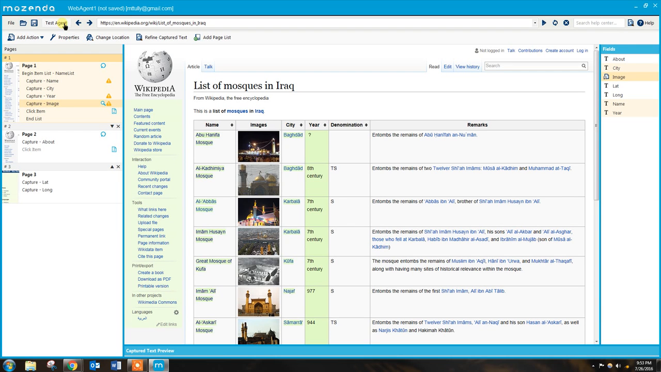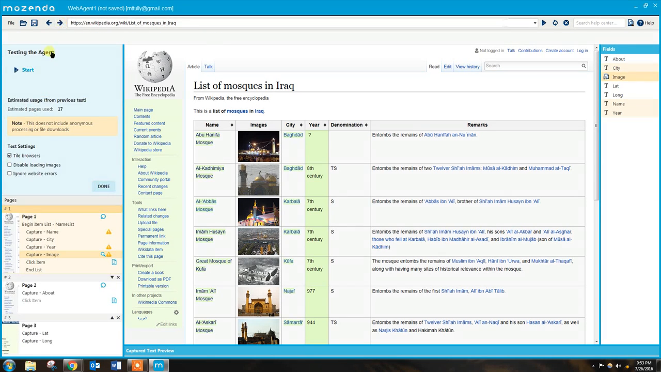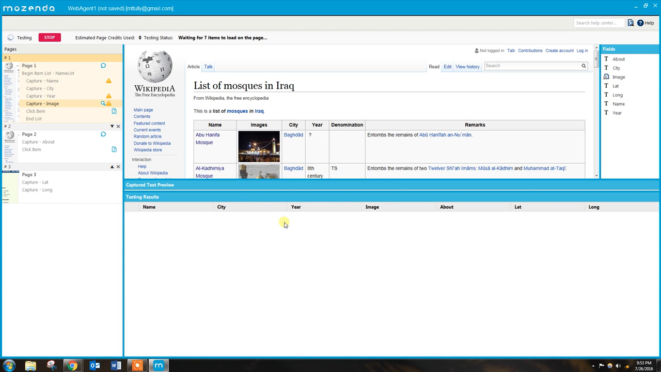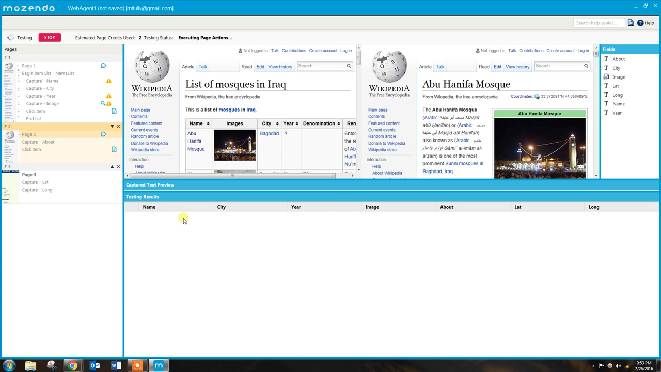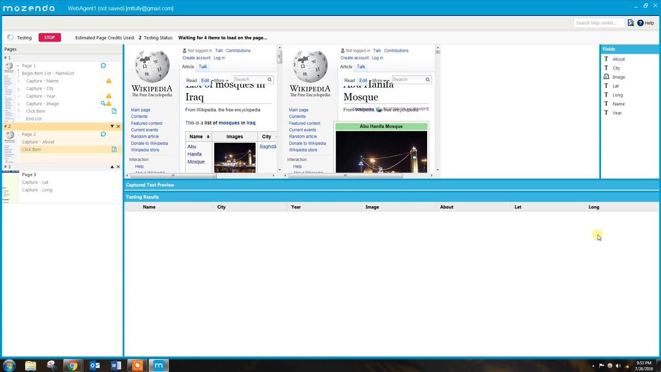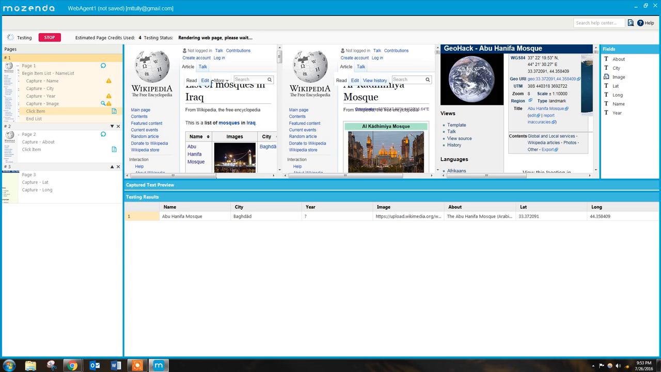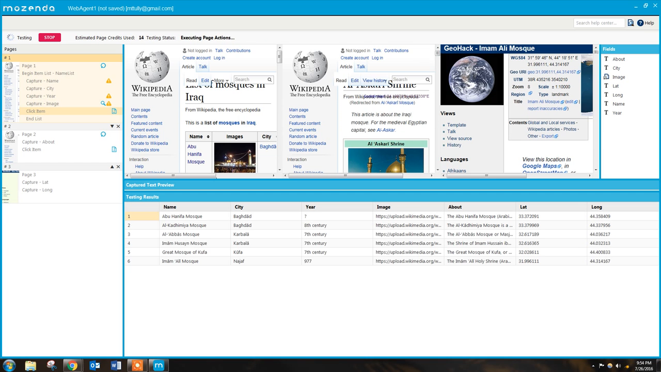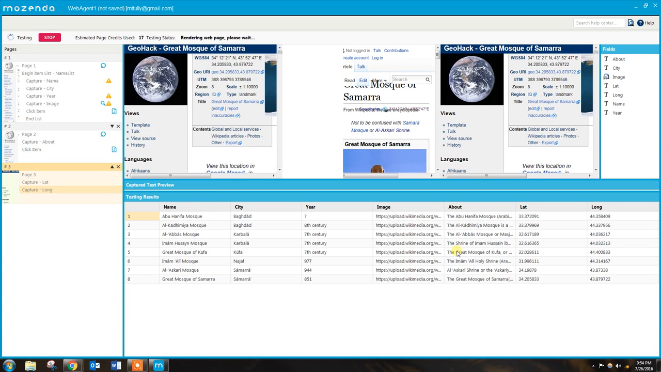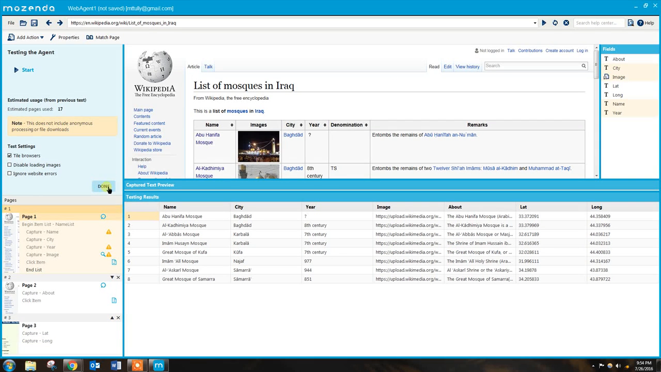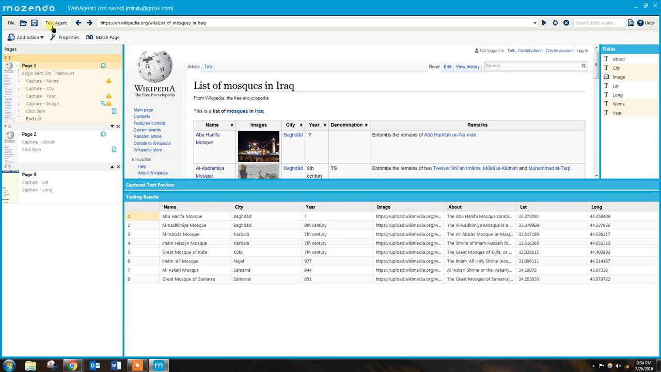So next thing we do is test agent and start, and let it run for about 2 minutes, and you'll see it start to load up in that first column. So there it is. Alright, so it's almost done. It took about 30 seconds to put all this information in versus hand typing all of it. So it's done. Click done, and then we want to save it,